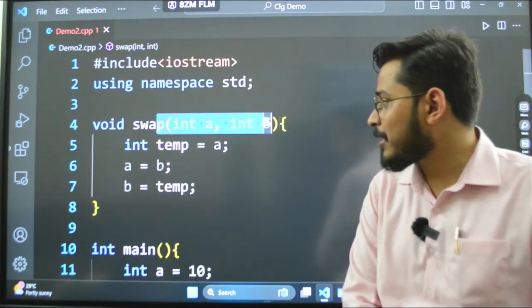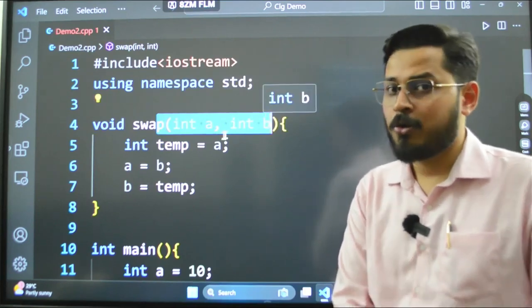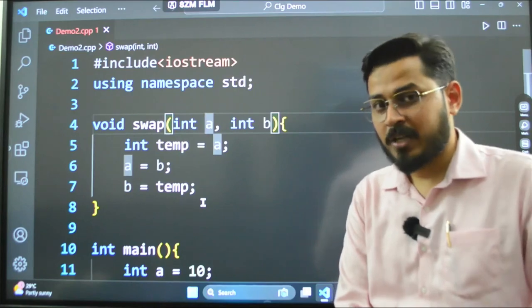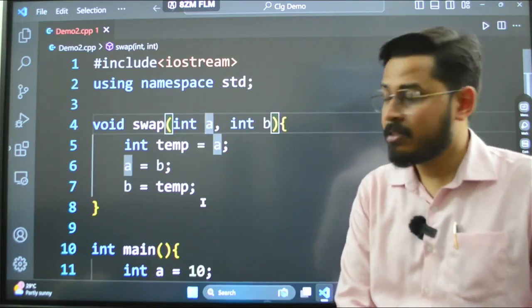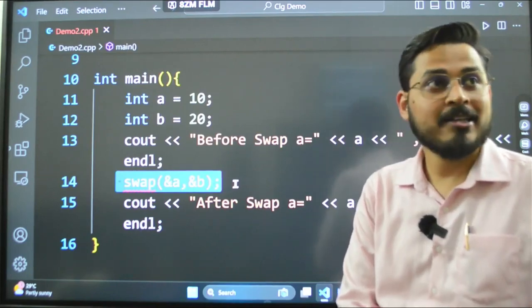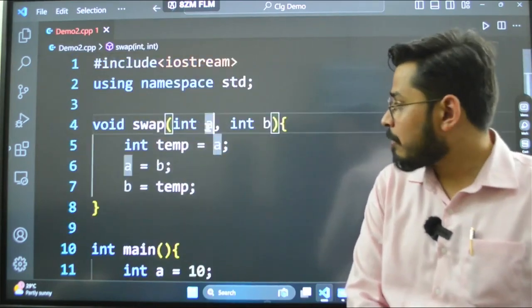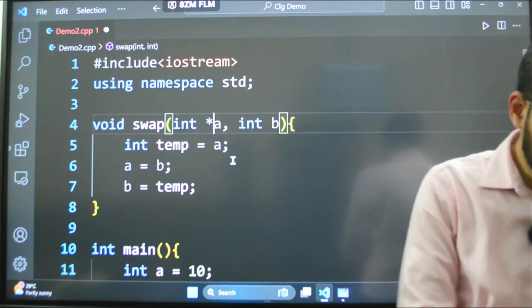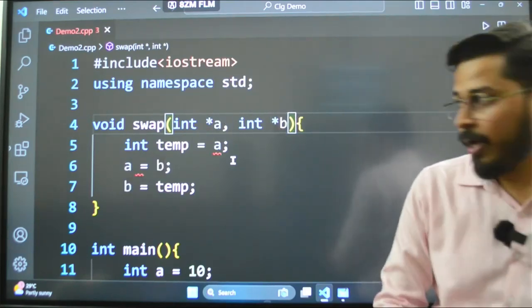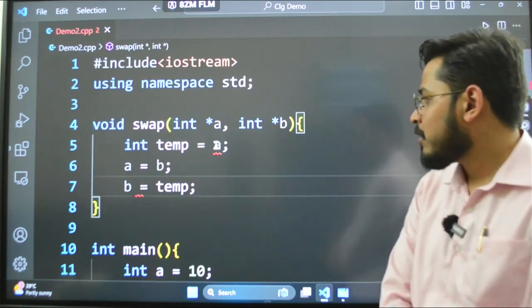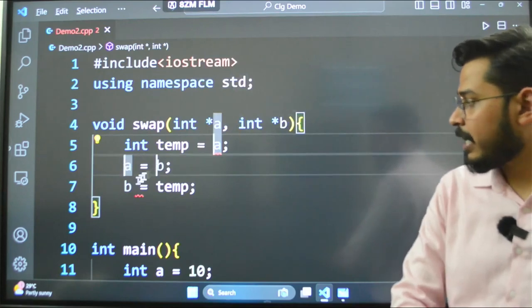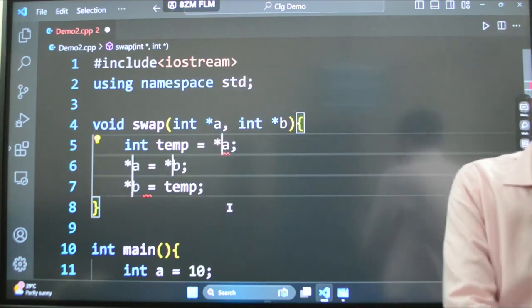Are these two parameters pointers? No. So we need to make them pointers. If we don't, they will not accept it and this error will still come. So I am going to add star here and star here, and wherever I have used them inside, I need to make them star as well.